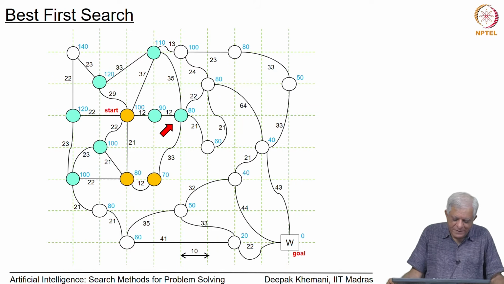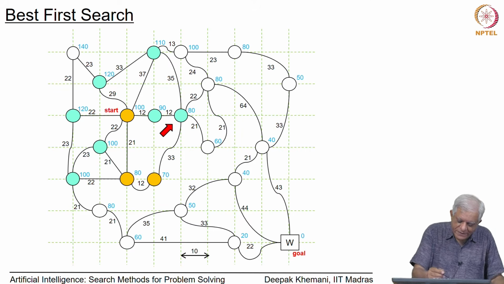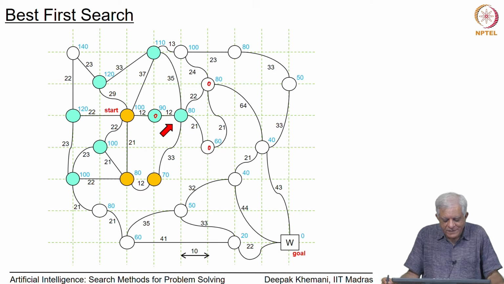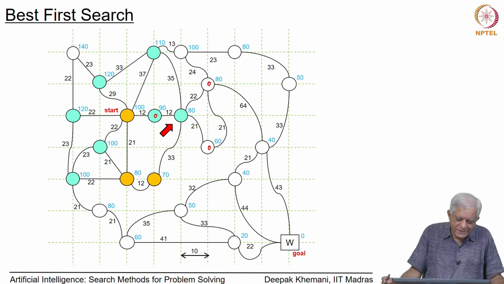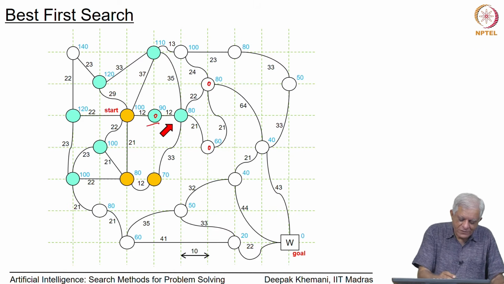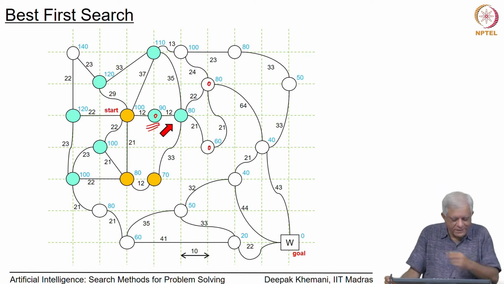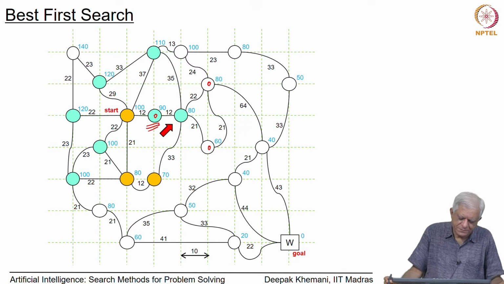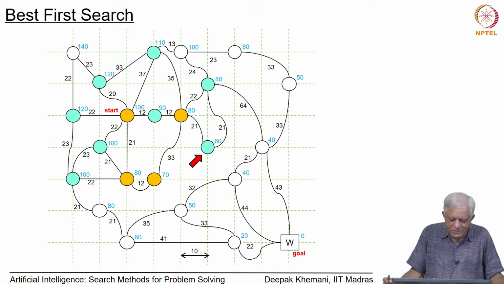So, when it picks this node 80 and expands it, it will add its new neighbors, this one and this one, as well as this node it will find again, but since it is guided only by heuristic values, we will see that it will ignore this node completely, and as a result it misses out on the shorter path which is coming through that node to this particular node. So, when it expands this node, you see that